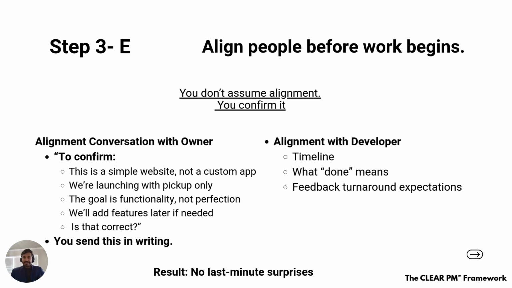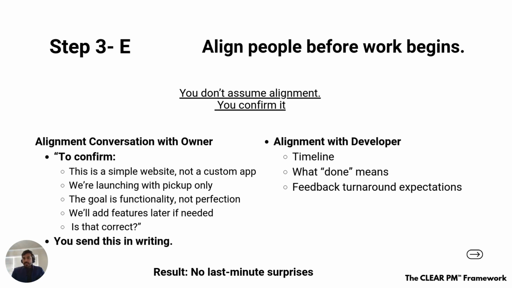Also, get into the habit of writing things down as a PM. People forget; after two months, everybody forgets what we discussed. So at least keep it in writing, in an email, which I always do after my meetings. You can align with your developer on the timeline the bakery owner is expecting. You should also align that when I'm able to test the order cycle, then I will say this feature is done. Otherwise, no.